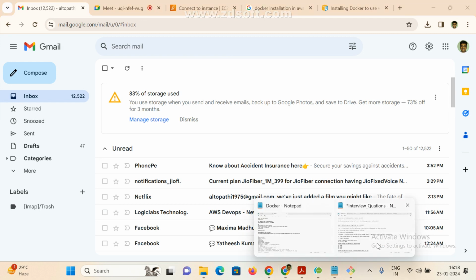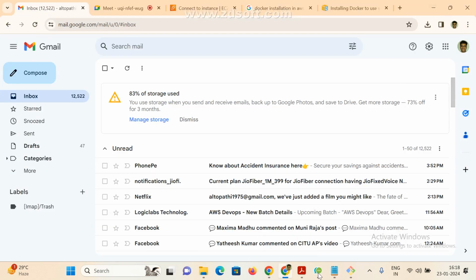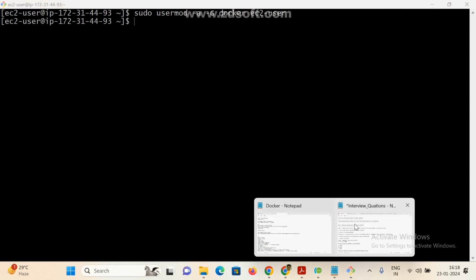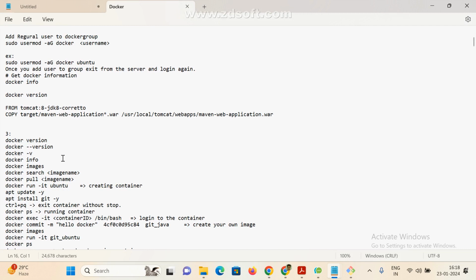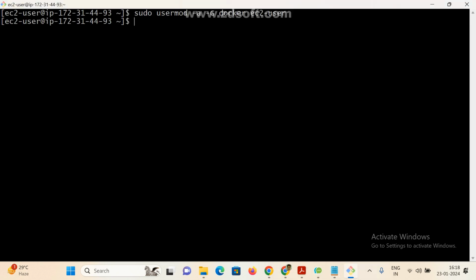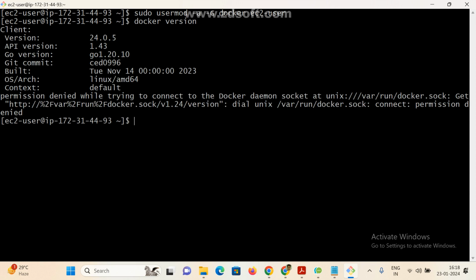Yes, sir. Okay. Now go to here. Now the remaining part, come to here. Now go to this document, we'll follow. So if you want to check the version, you already know you can use docker space version, or we can use hyphen hyphen version also. Now see here, the version we are using is 24.0, API version 1.43, and that is the commit ID. This is everything we can see here. Now same way,